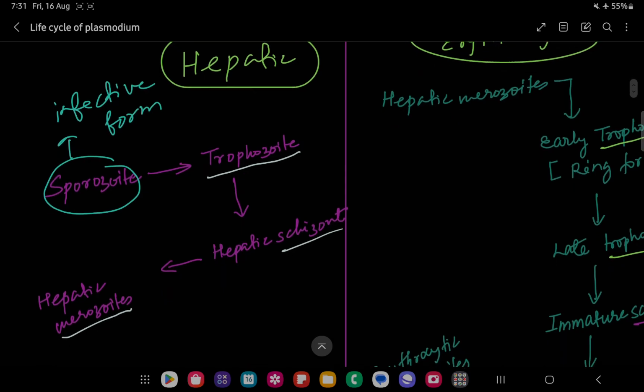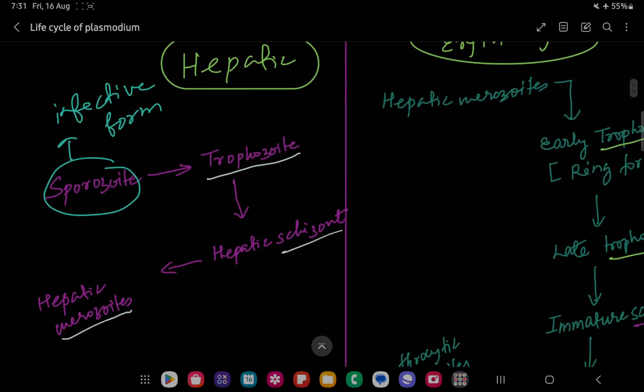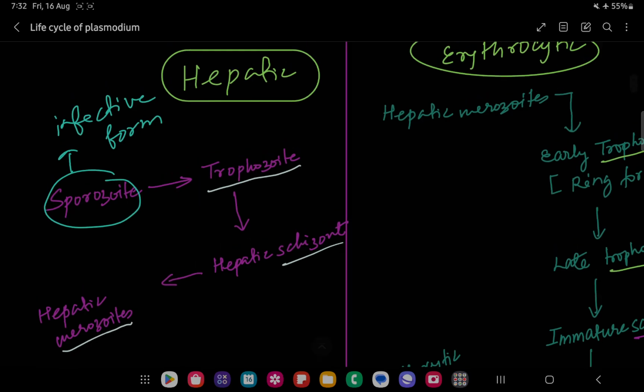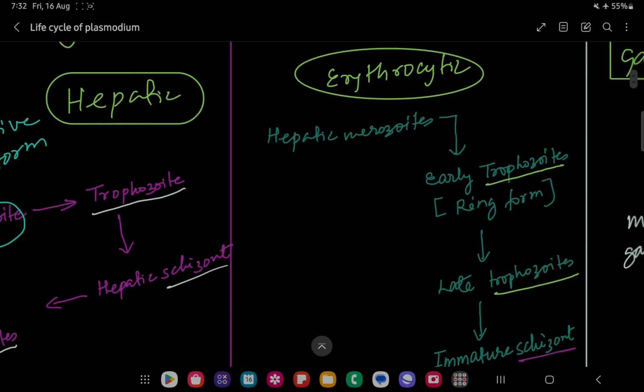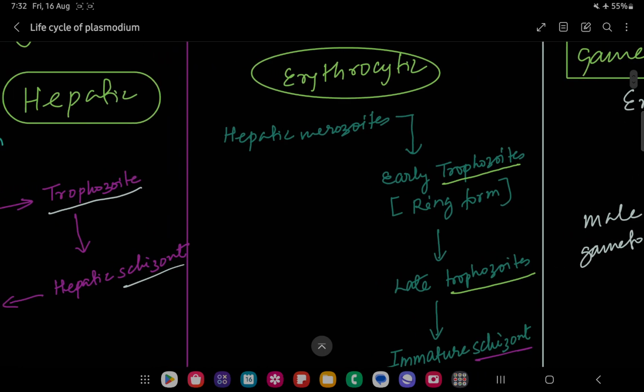Why am I telling you this basic? Because you just have to remember sporozoite, trophozoite, schizont and merozoites. The sporozoite has entered, and you have to remember only T, S and M. T for trophozoite, then it forms schizont. Since it's taking place in the liver, we call it a hepatic schizont, and then it forms merozoites. We call them hepatic merozoites because this is taking place in the liver. Now coming to the point, what happens? These hepatic